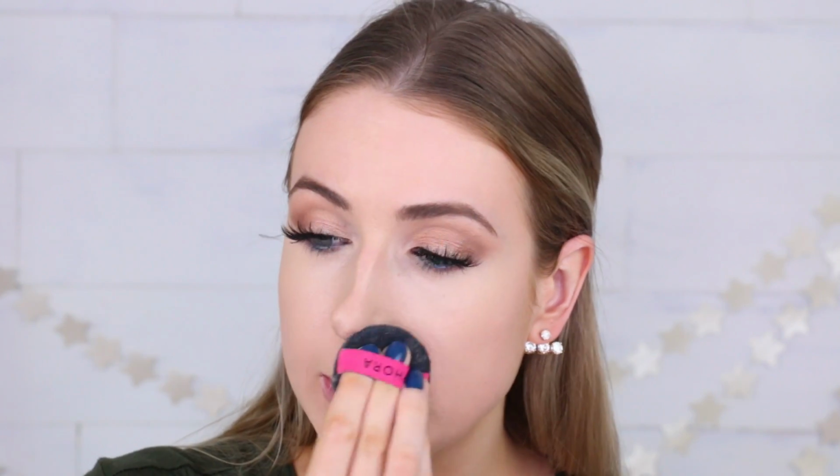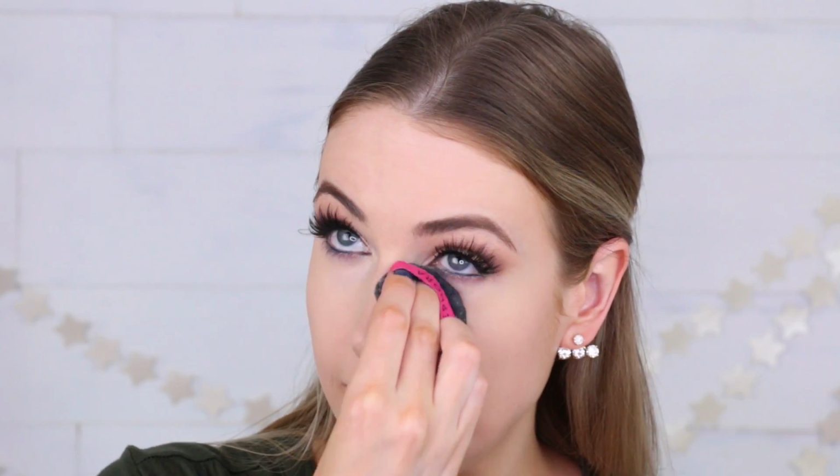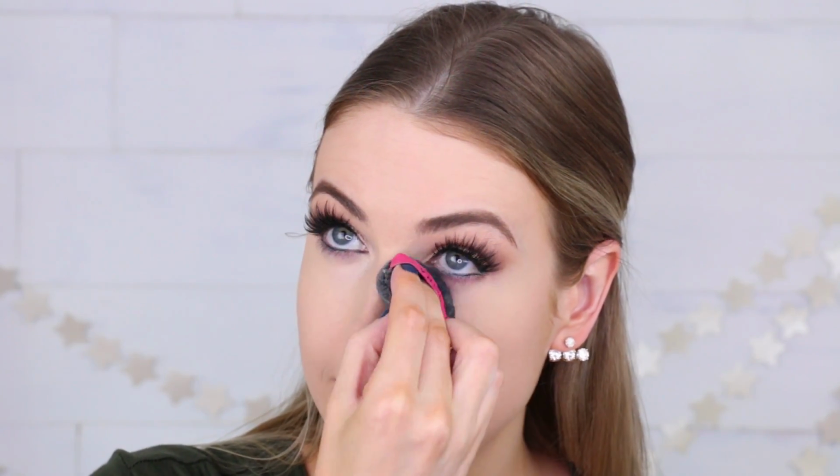All right, now I'm just going to set it a little bit just in the T-zone area. I don't know if I want to set the under eye area because it says it goes from a cream to a powder finish. All right, I'll set this eye entirely under the eye and just see if that makes any sort of a difference and see if maybe it just doesn't even need it. Now I have a little bronzer on, some blush, as well as kind of finished up underneath the eyes and cleaned that all up. And now we're gonna go on to what I'm most excited about, which is the highlight,